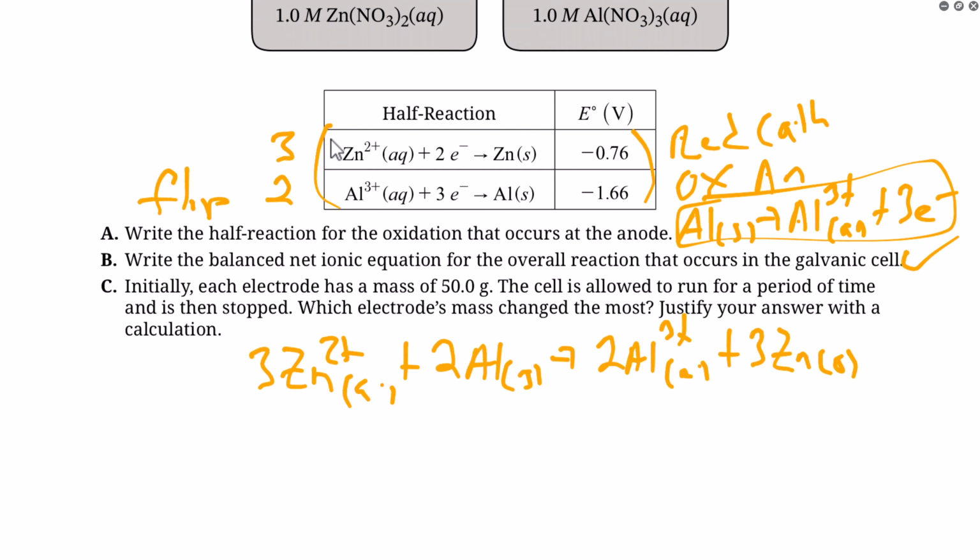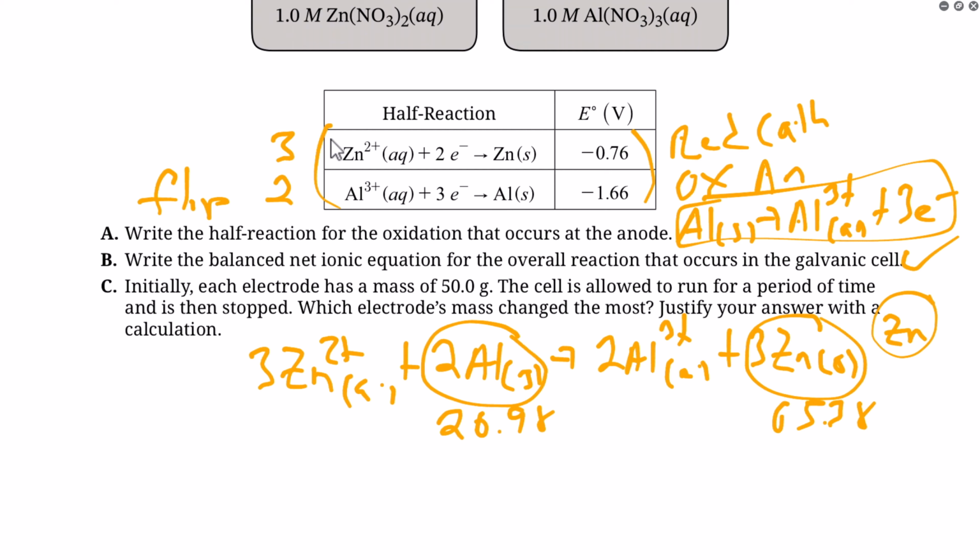I've not seen anything quite like this before, so this is an interesting question. I already know the answer by looking at it, but it says justify it with a calculation. I'm going to lose 2 moles of aluminum and gain 3 moles of zinc. Molar mass of aluminum is 26.98, whereas zinc's is 65.38. So I already know based off of this information that I'm gaining an extra mole of zinc and its molar mass is larger. So I know zinc is the right answer here, is going to be what changes the most, but calculating it,